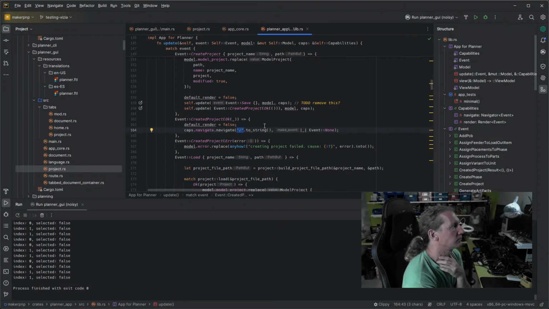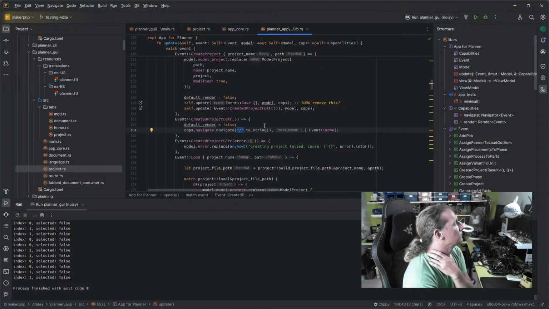Right. But I don't think navigate is what we need to do here. This navigate capability was added, and we were trying to make it work, but